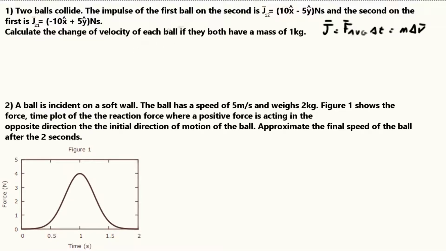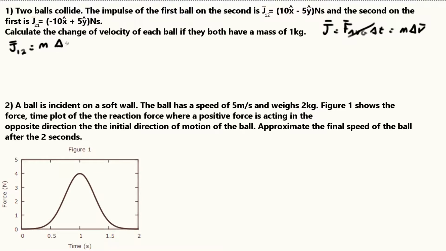Let's write out our equation for our first impulse J12. J as a vector 1, 2 is going to be equal to, now as you can see there is no mention of forces or times in this question, so we're just going to ignore this middle part and use the other parts. And this is going to be equal to m